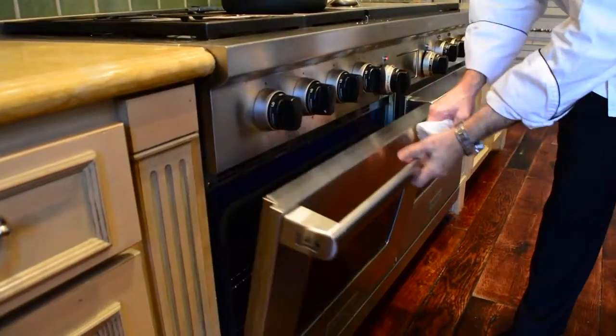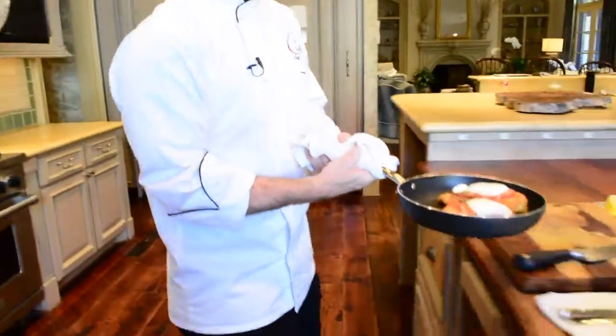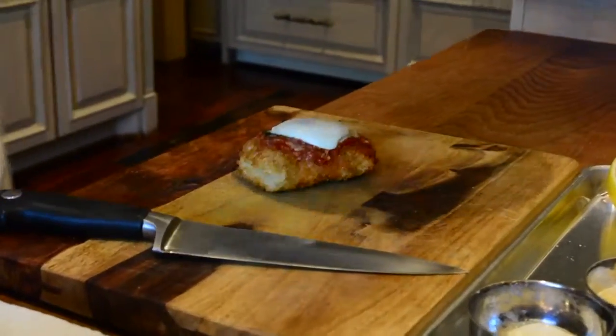Okay, it's time to check our chicken and see how it came out. I'm very hungry, so I hope, oh, that's great, it's beautiful. Better than actually what my mother used to do. I guess I've been taught well. So we take a piece, and